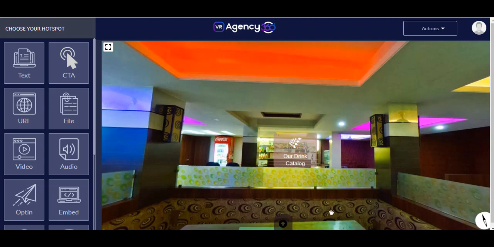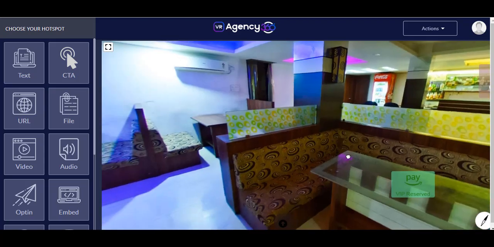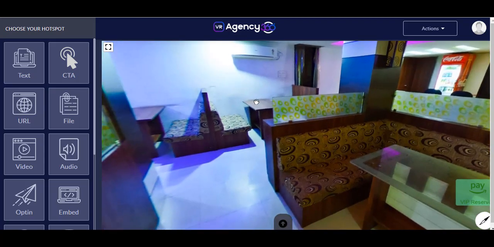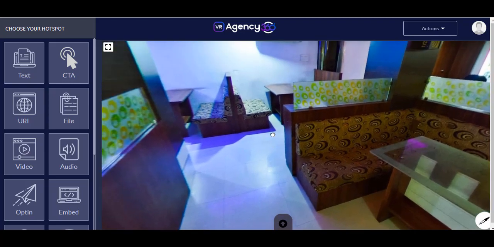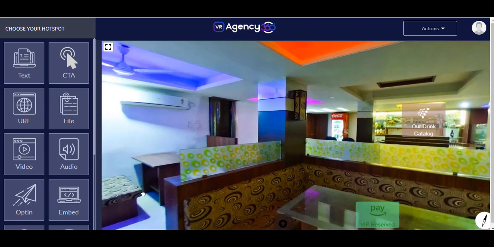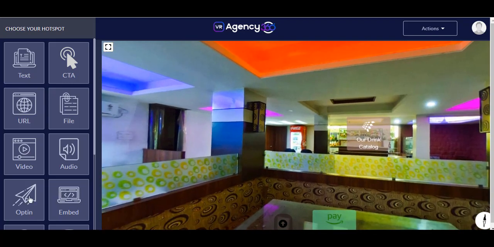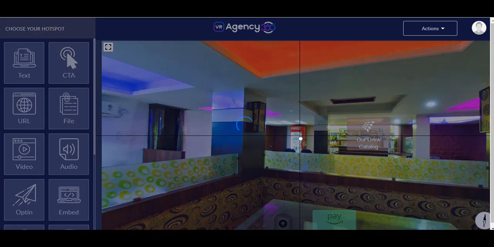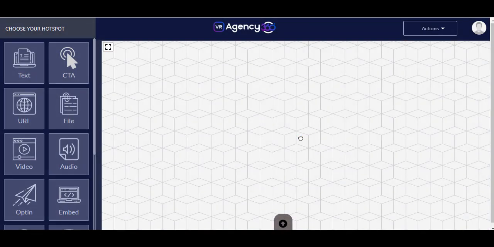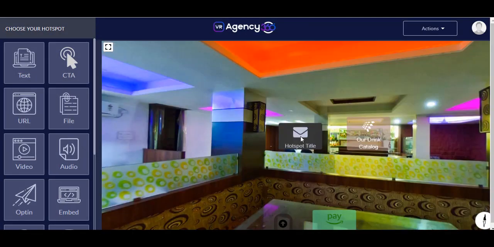So as much as you want to pick up linking, you could come over here, set any hotspots you want to set. It could be an audio, it could be a video, and you do the entire embed. So I can also come in here, effect an opt-in form. At this point, I want to put an opt-in form right there too. So you could just hit on it